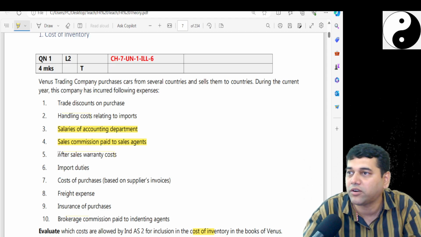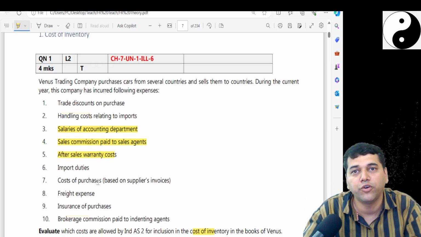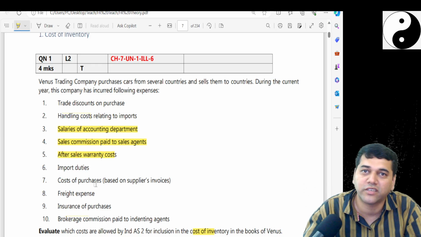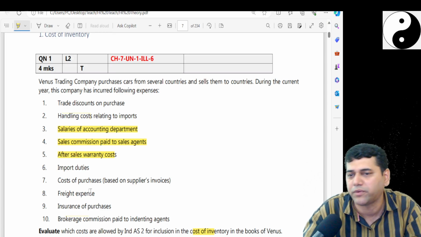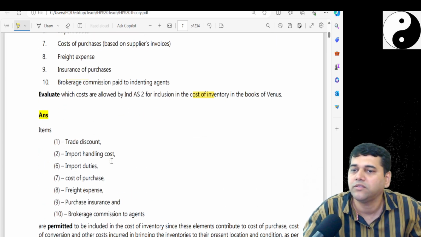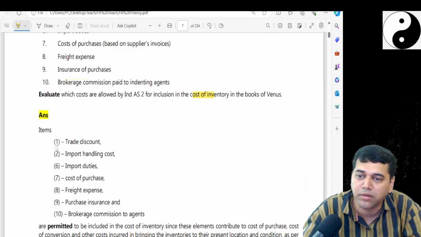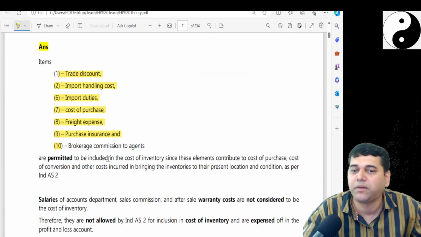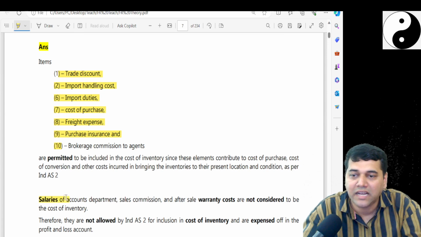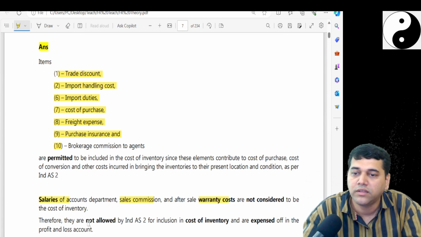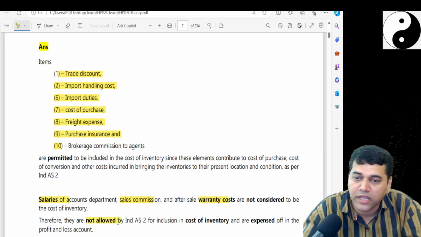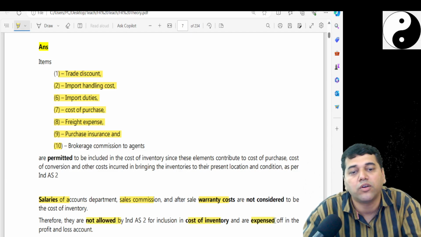Then after-sales warranty, import duty, it will not cross customs, they will not permit it. Cost of purchase, freight, expense, yes, only 3 things. So you will write the answer, item number so and so will be included as part because they are directly located. Salaries of the accounts, warranty cost, sales commission will not be allowed. Therefore, they are not allowed as per Ind AS 2 because they are